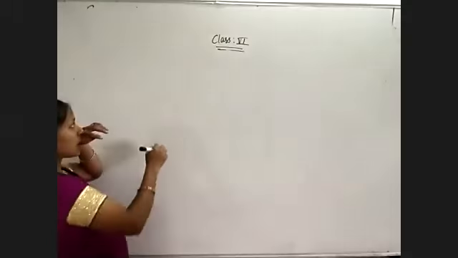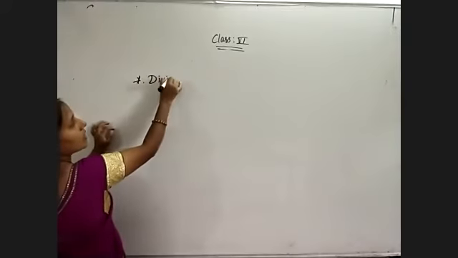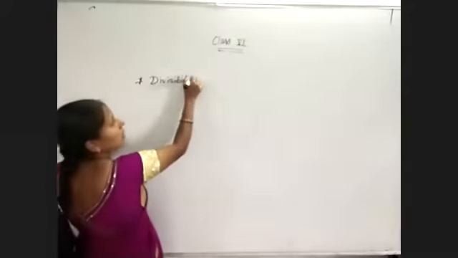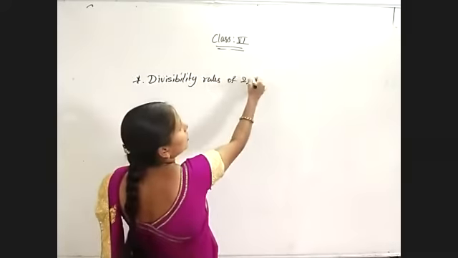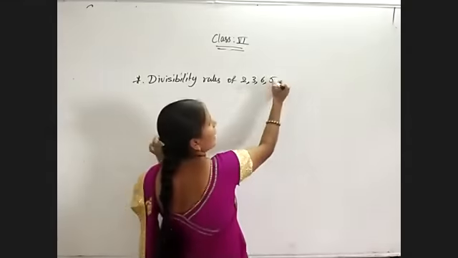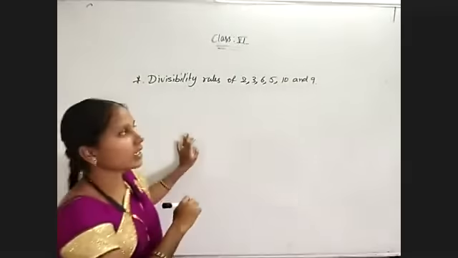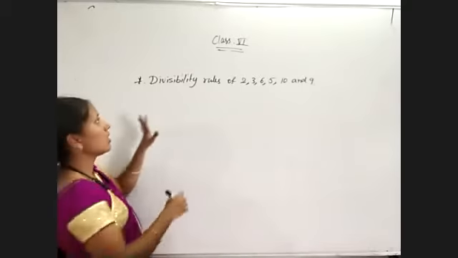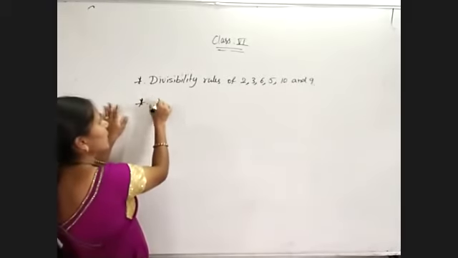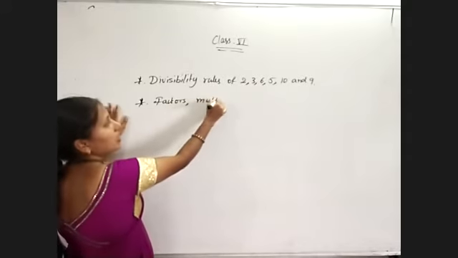So in the first exercise we have studied about divisibility rules of 2, 3, 6, 5, 10 and 9. For these 6 numbers we have studied the divisibility rules and we have simplified some of the problems on those topics. And in the second exercise we have discussed about factors, multiples,